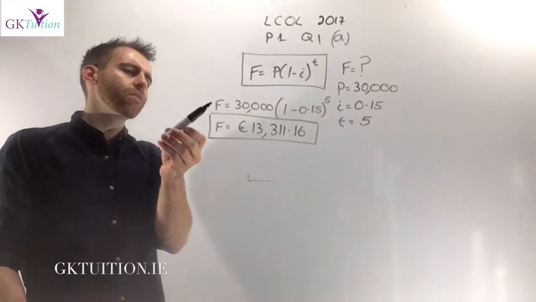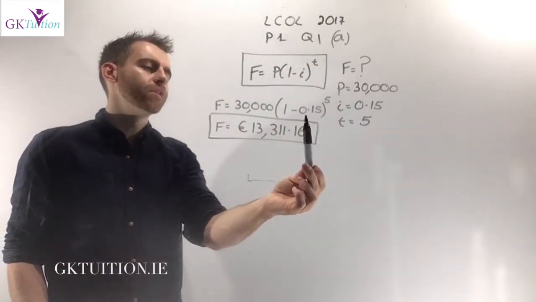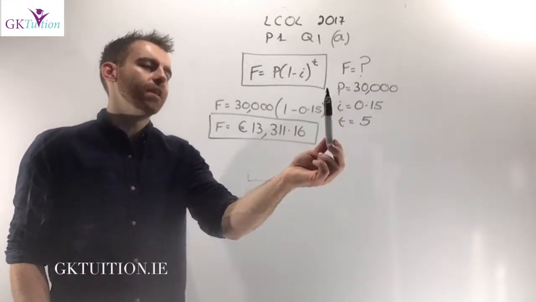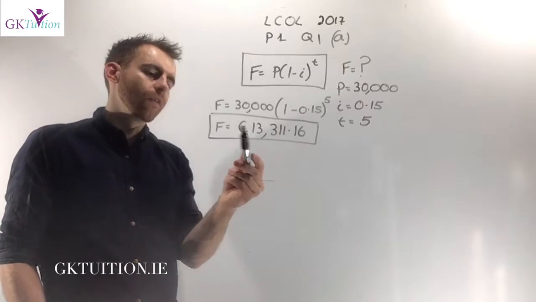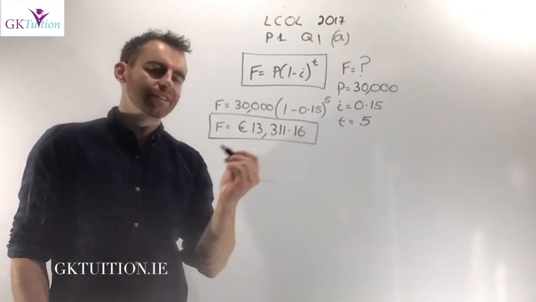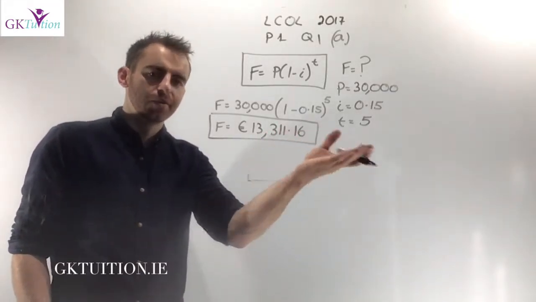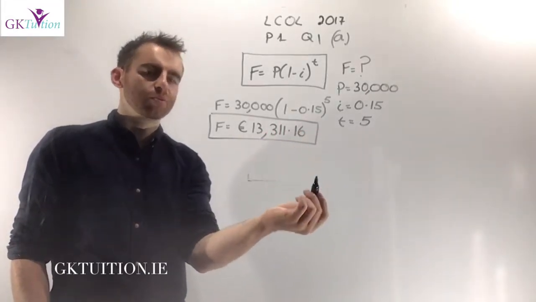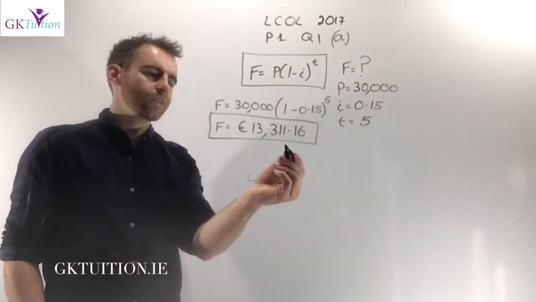So you'll notice here I've done that. Instead of P I've put in 30,000, instead of I I've put in 0.15, and instead of T I've put in a 5. If you plug all that into your calculator, your final answer works out as €13,311.16. Obviously it wouldn't make sense to go any further than 2 decimal places because we're talking about money here. We only ever go to cent. So your final answer there is just